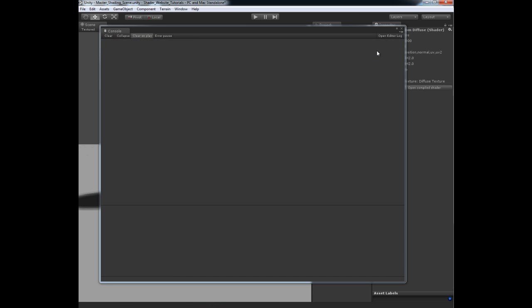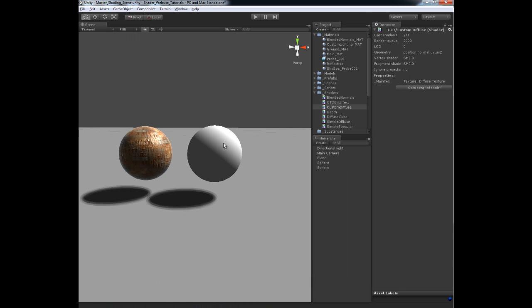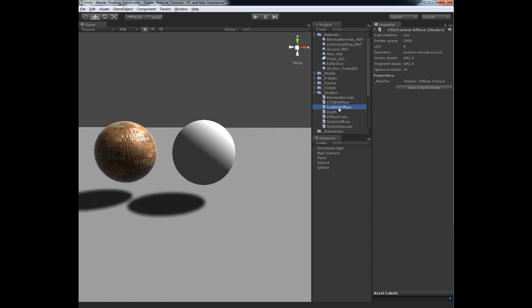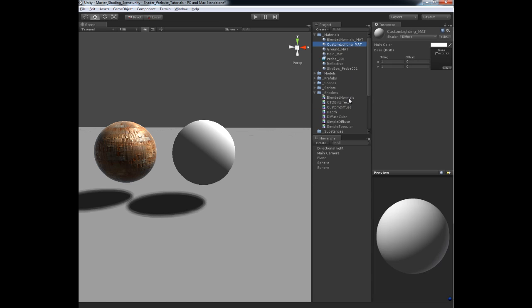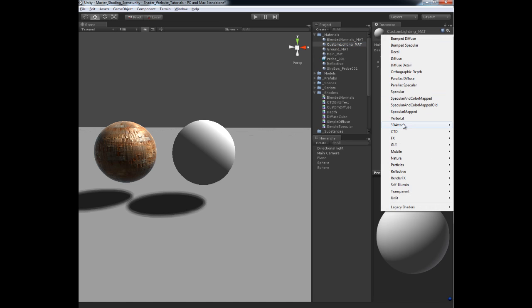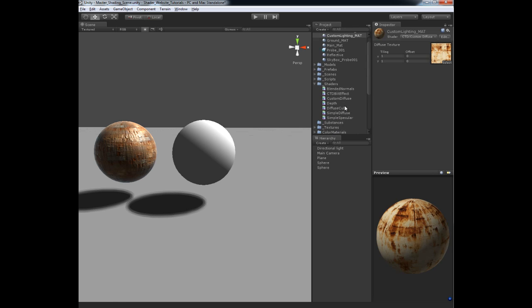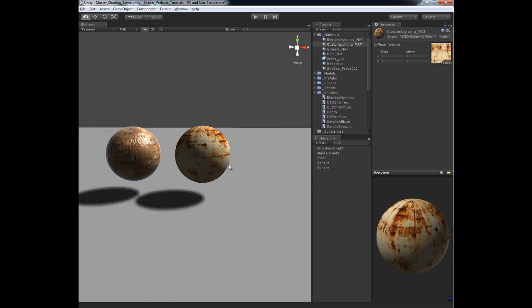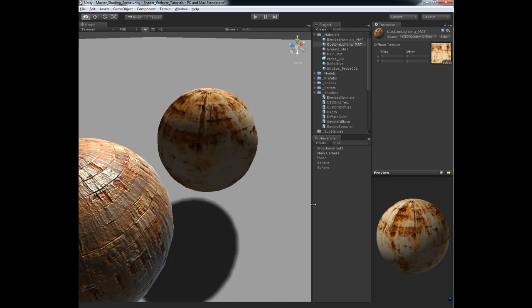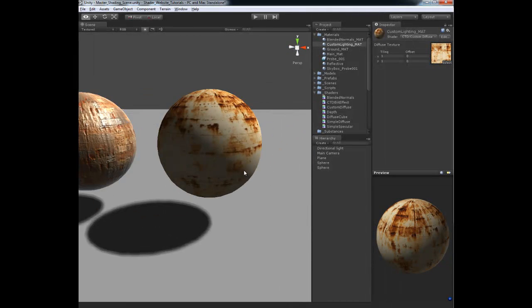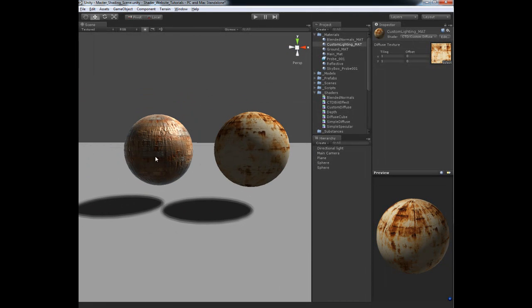There we go. We did it. So now we have our custom lighting model. It's all compiled. So let's go to our custom lighting material, and let's do the drop down here. Let's go to CTD and get custom diffuse. And let's go into textures, and let's put on our texture like that. There you go. That is a custom lighting model right there. Now you notice obviously there's not much difference, but